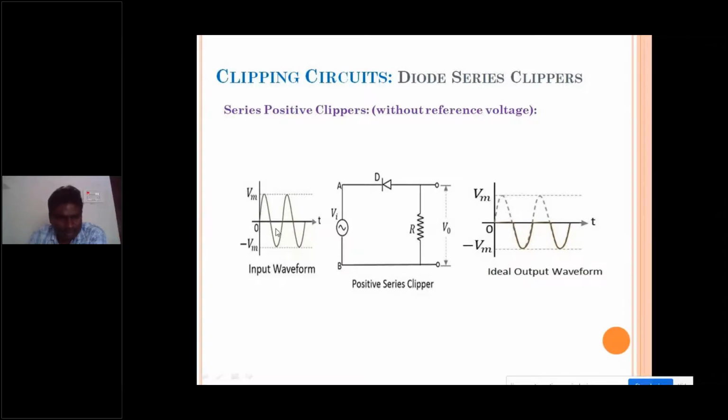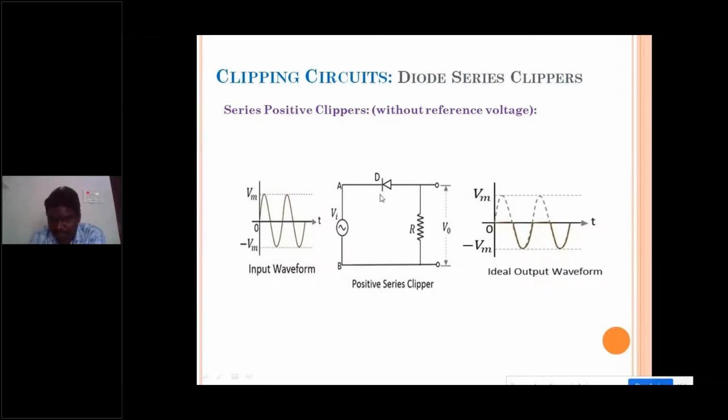Now look here. If I am applying a negative half cycle, this will become negative, which means on the cathode side, I am applying a negative voltage, and the anode remains 0. As I go on applying negative voltage to the cathode, this diode comes to forward bias, which means the cathode is taking more negative, and the anode becomes positive.